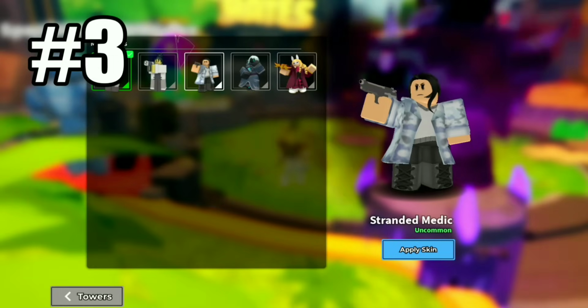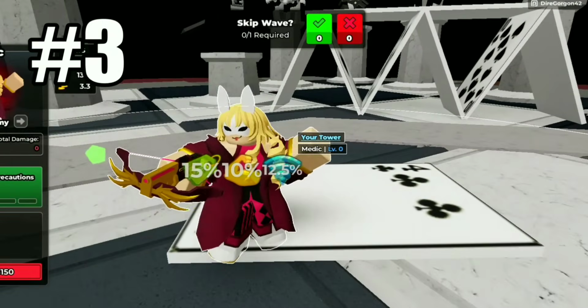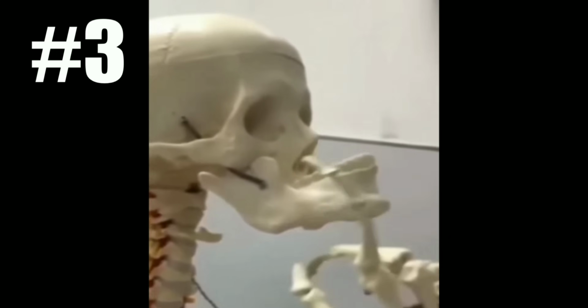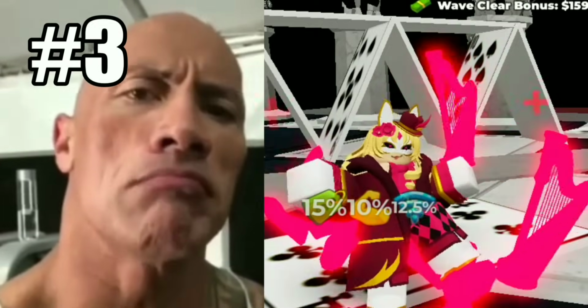Then the DJ being able to apply many bonuses to many characters or towers around him. The medic, on the other hand, doesn't help towers nearby at all until the very last level. What does the medic do? Well, the medic essentially repairs and/or replenishes any health